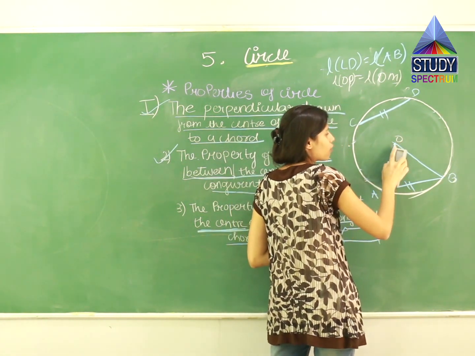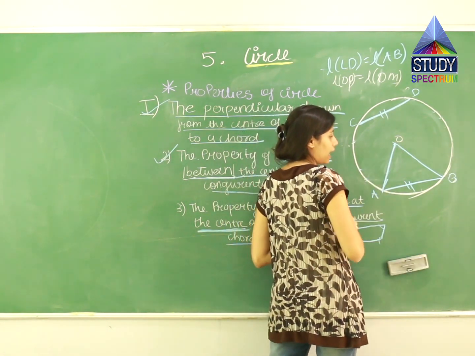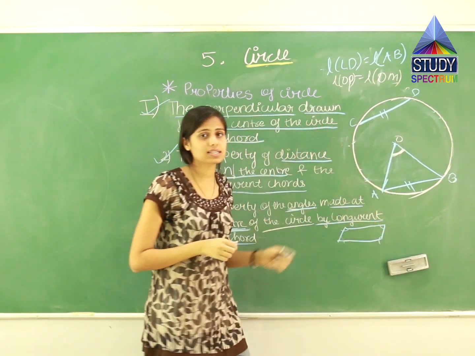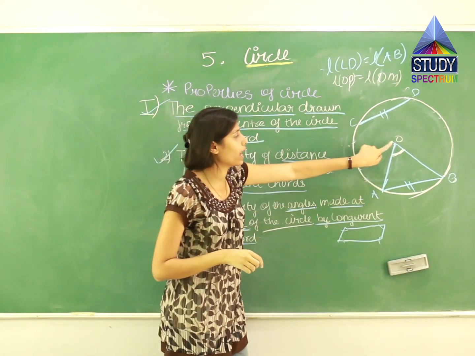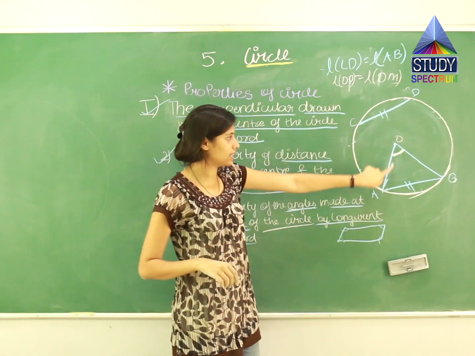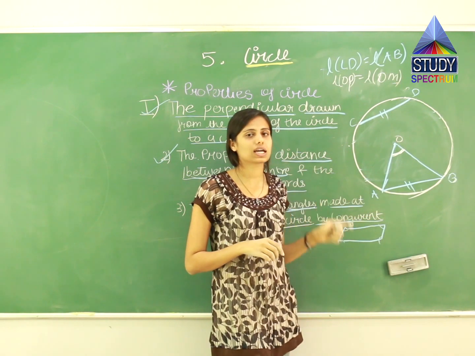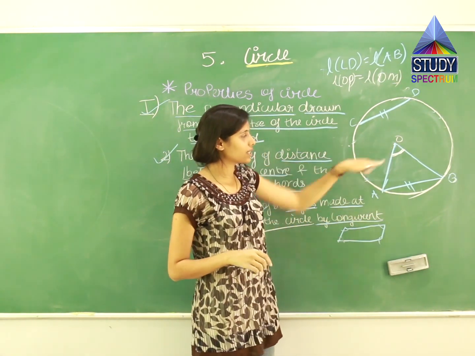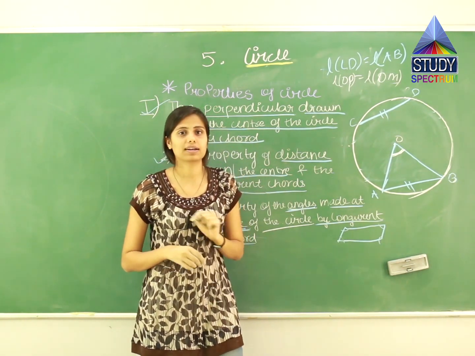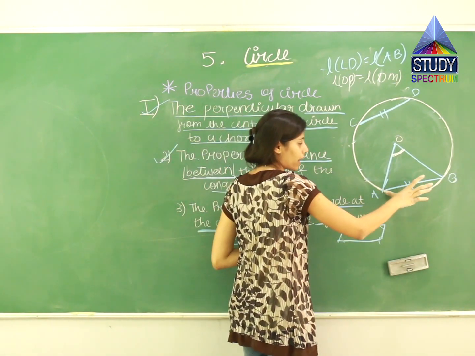So what is the angle formed at the center? The angle formed is angle AOB. This is called the center angle. I always told you, जो एक सेंटर पॉइंट जो एंगल बनाता है ना, that is the center angle. You cannot say this OAB is a central angle because A सेंटर नहीं है. A is a point on the circumference. सेंटर ऑफ द सर्कल क्या है? O. तो जो एंगल O बनाता है उसको हम बोलेंगे सेंट्रल एंगल. So this is a center angle. It is formed by chord AB.